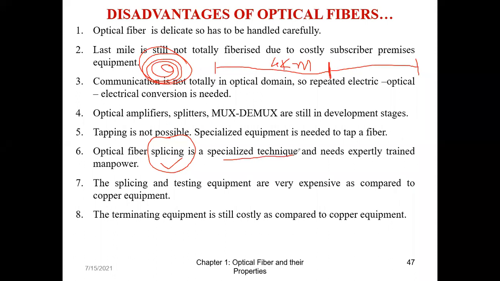And splicing is a specialized technique. It is not like in the lab where you heat the soldering gun, take the soldering wire, heat it a little, put it on the wire, bring those two wires and join them. It was easy in the lab when I did that kind of soldering of two wires. But when I talk about splicing, joining of two fibers, it is a specialized technique and it needs trained manpower. We have a device called a splicer, an optical splicer. In that optical splicer, we insert the fiber. There is a method, we have to follow those steps, and then those fibers are fused together.